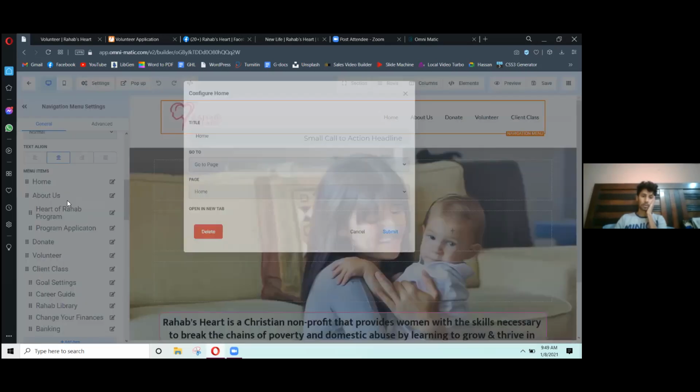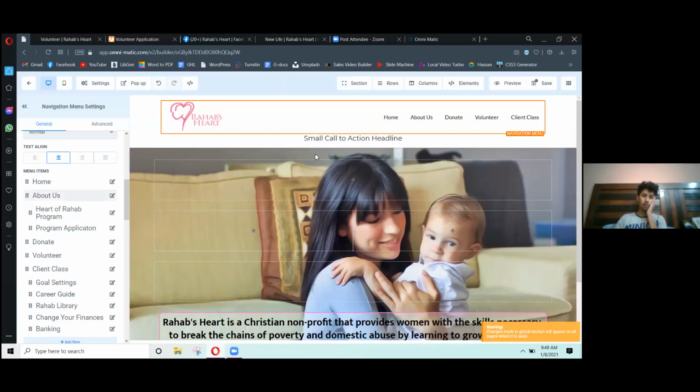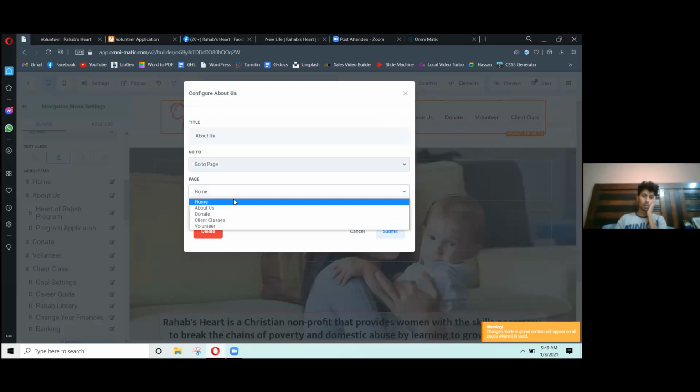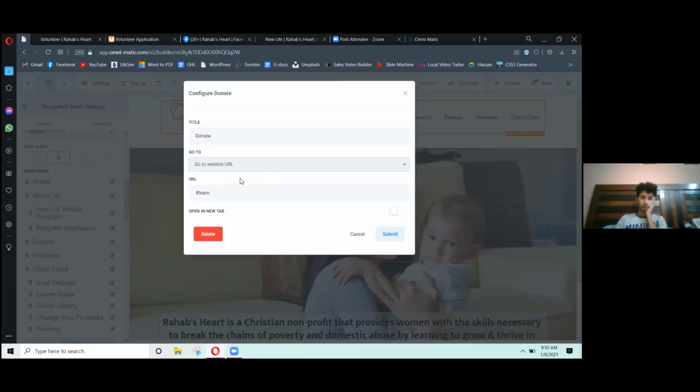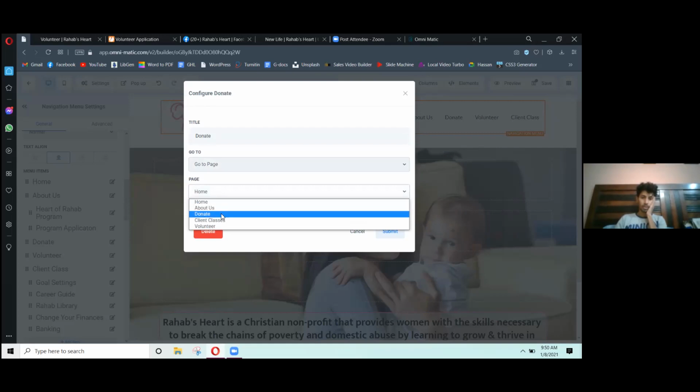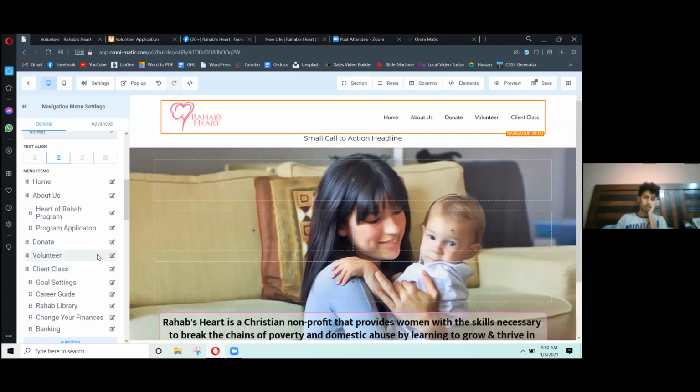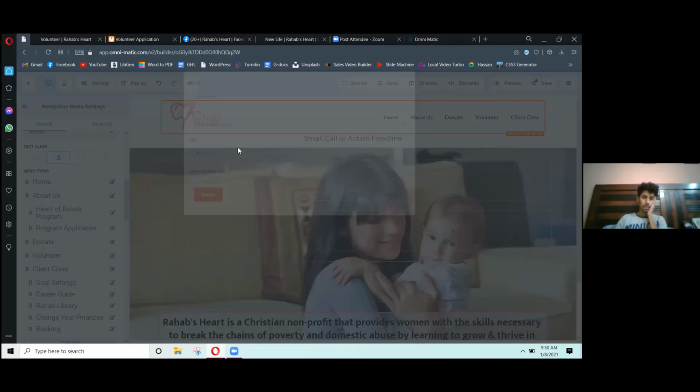On the same tab, when someone presses about us, go to about us on the same page. When someone presses donate, go to the donate page. And just like that,